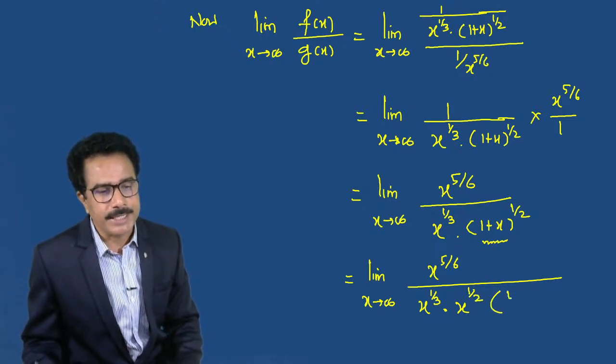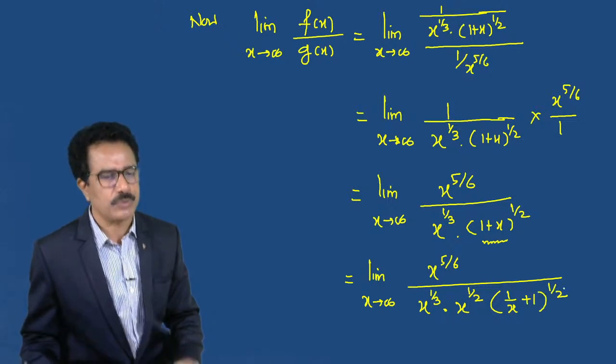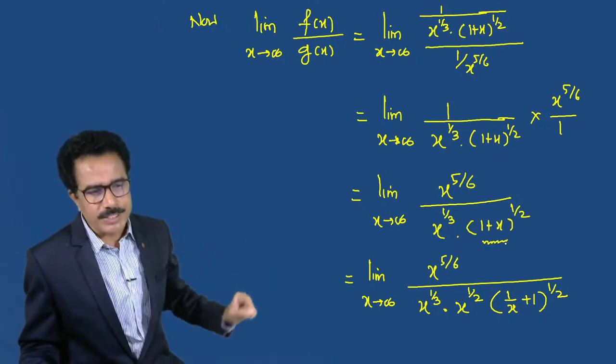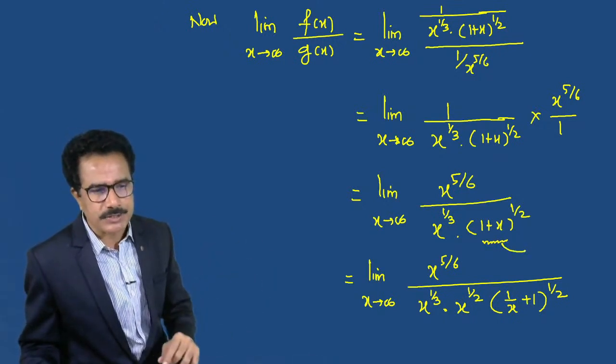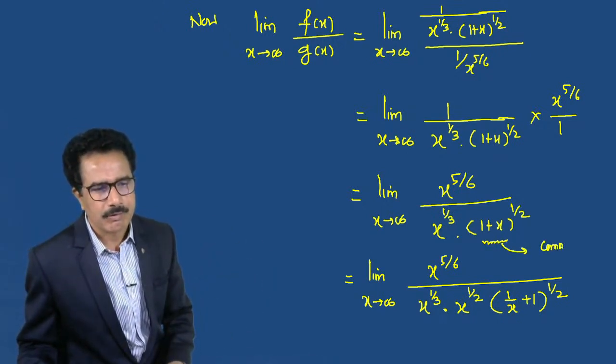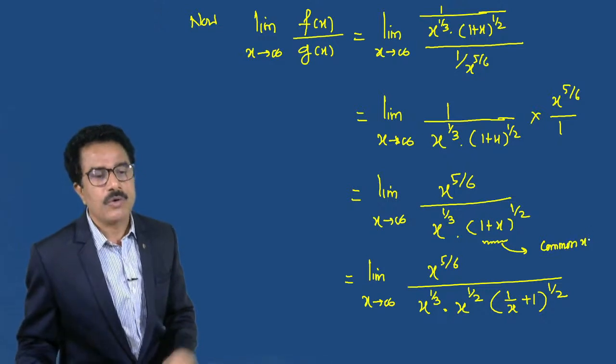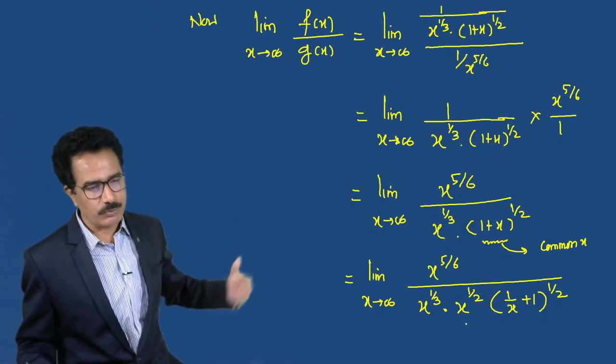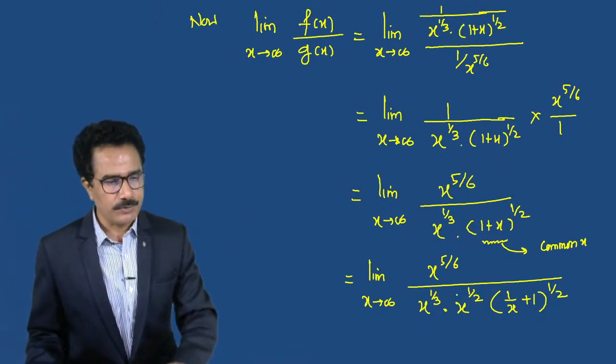Then in the bracket there is 1 upon x plus 1, again the bracket raised to 1 by 2. If we take common x from this bracket, then we get out of that bracket x raised to 1 by 2. So x raised to 5 by 6, which is equal to